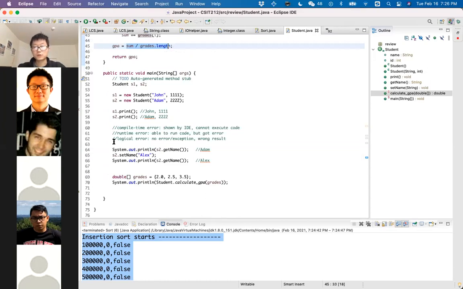Okay, so over here, I'm just going to use this as an example to show you the various types of errors that you are going to see when you are doing your homework. The first type of error that you are going to see when you are implementing a certain algorithm is called a compile time error. A compile time error is like you write a piece of code with grammar errors. Or it's like you write an email with a lot of typos. In real life, if you write an email with typos, you should not send it out.